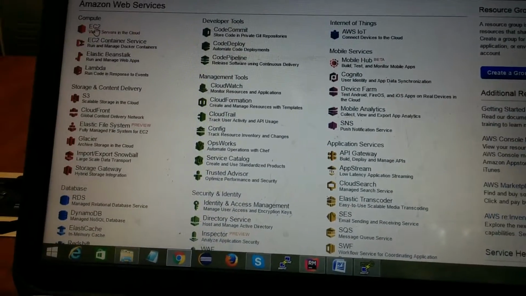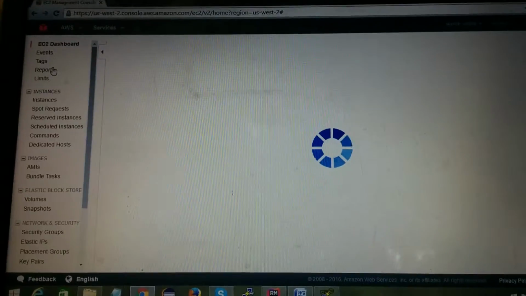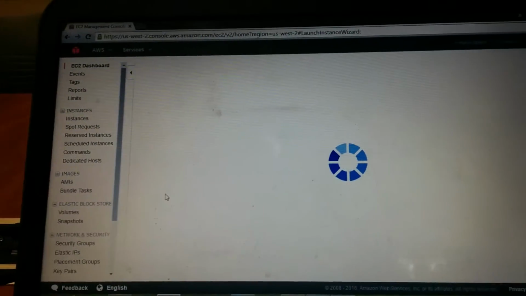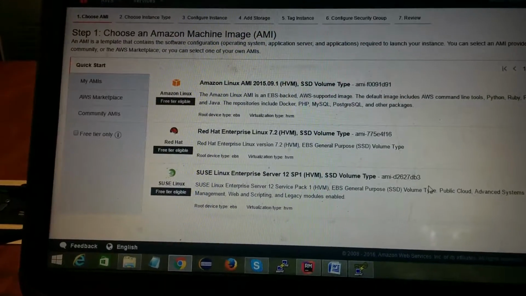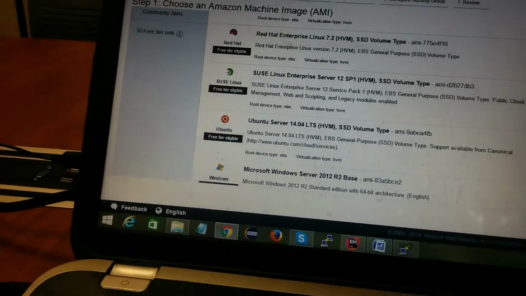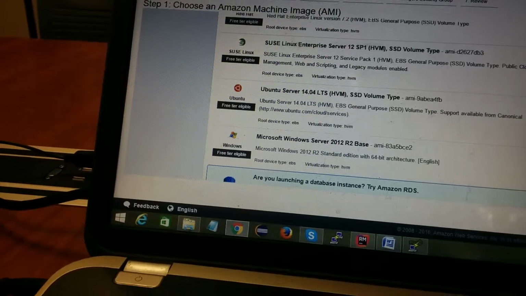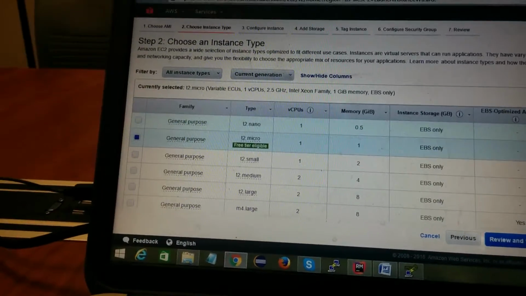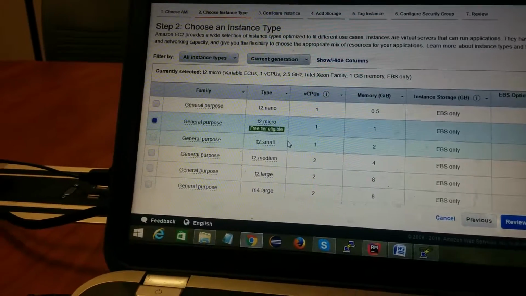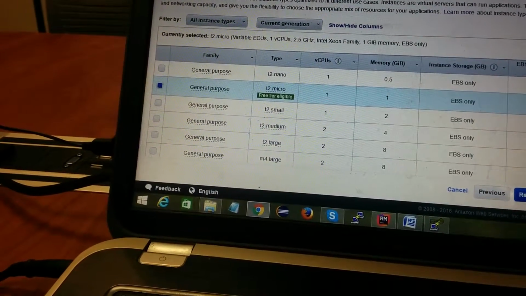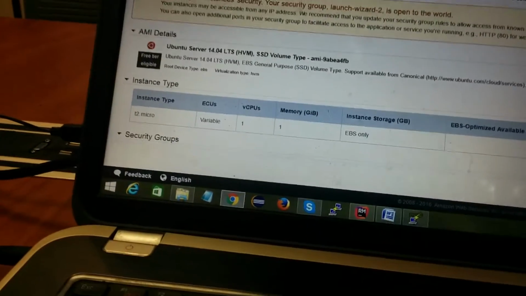We are launching an EC2 instance, so click on EC2, launch instance. Whichever instance you prefer, you can launch. And here I'm launching an Ubuntu instance, so I'm selecting free tier eligible. Then I click review and launch,